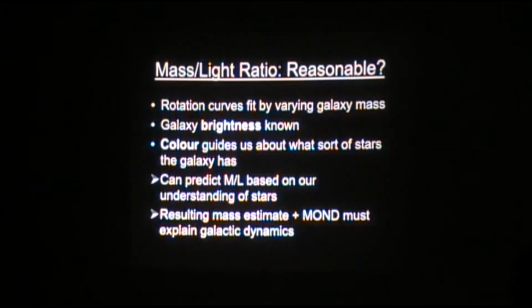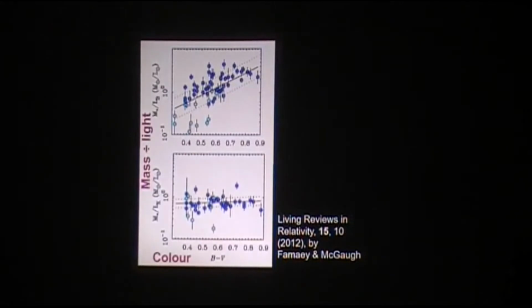So then, obviously this has to work with MOND essentially. So what's shown here is the mass-to-light ratio that MOND needs in the blue band and in the near infrared band against a measure of color, and the lines show you what you expect. So this is the expected mass-to-light ratio as a function of this particular color. And the dashed lines show you the level of scatter you expect,